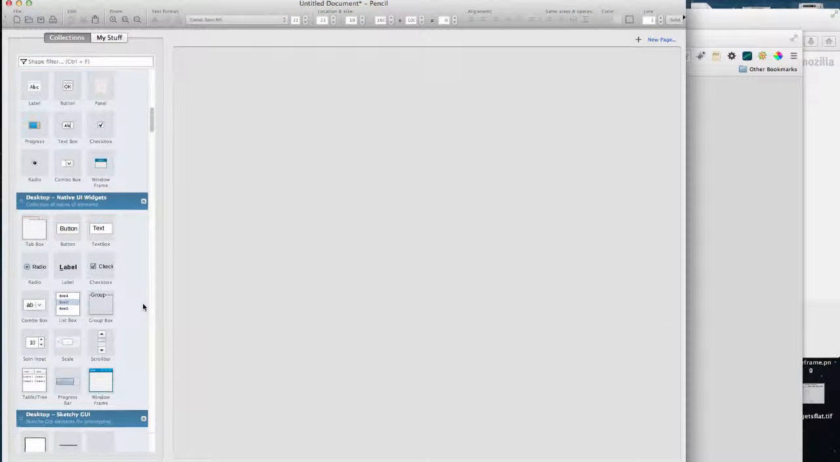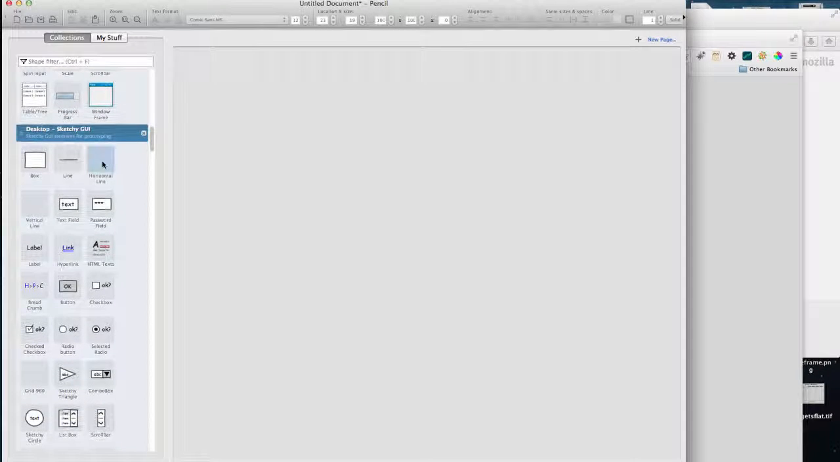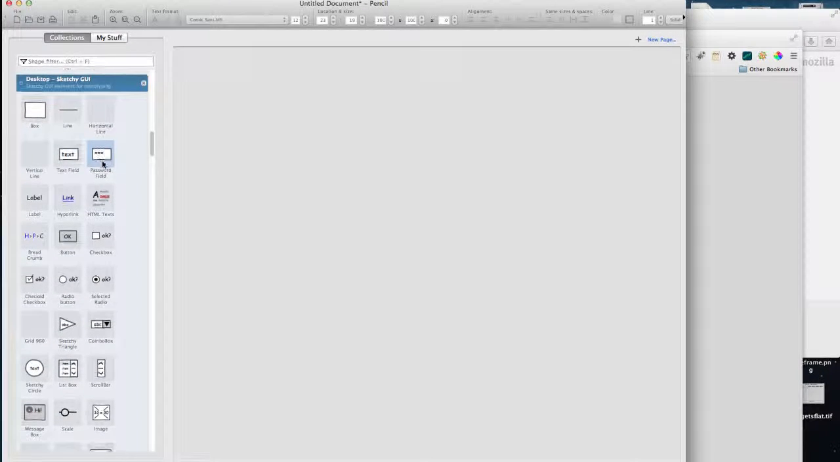In this video, I'm going to show you how to create a wireframe using Pencil. Pencil is free and it works on both Mac and PC, and it's a nice way to draw a quick sketch of what your website should look like. And I'll typically do a quick sketch of at least each of the top level and one representative lower level